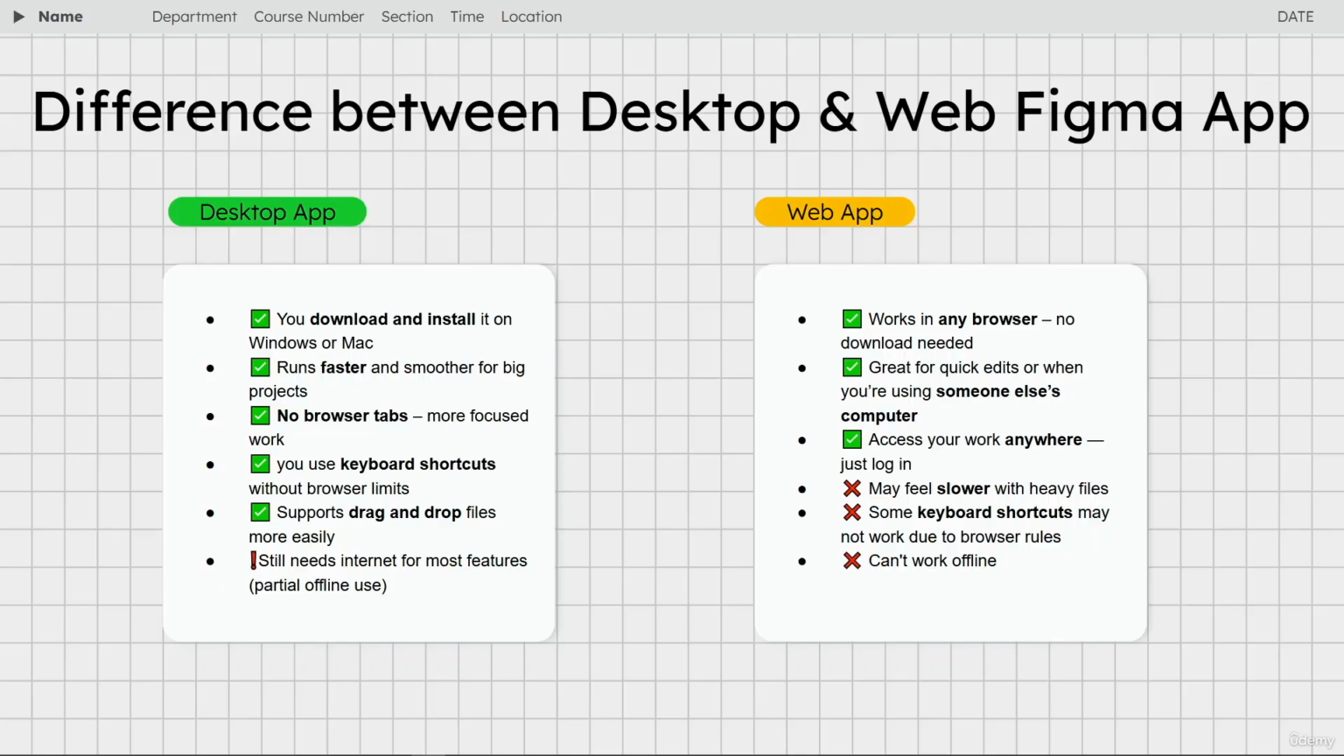So the difference between the desktop and the web Figma apps is, for the desktop app, basically you have to download and install it on your Windows or Mac. It runs faster and is smoother for big projects. It doesn't require any browser tabs, so you can have more focus on your work. You can use more keyboard shortcuts without any browser limitations. It supports drag and drop files more easily. But the only con is that it still needs internet for most of the features, so it is only partially